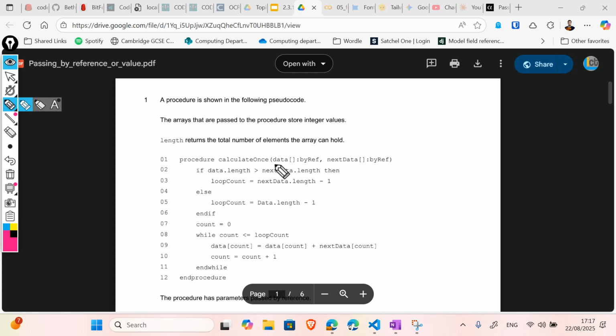procedure, we have a list item passed by reference. And then over here, where are we? Here we can see that in this part of the function, we make a change to it. So here, specifically, we're making a change to the actual data on the list itself, okay? And the question, if we scroll down a bit, so that's an example question I've given you. If we scroll down a tiny bit,